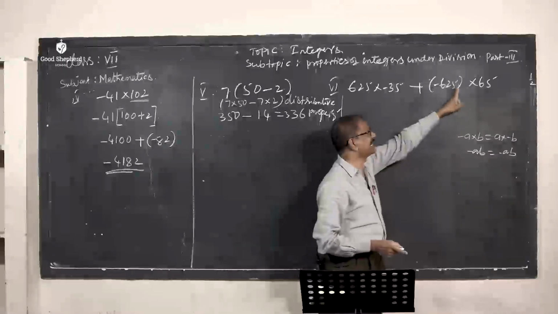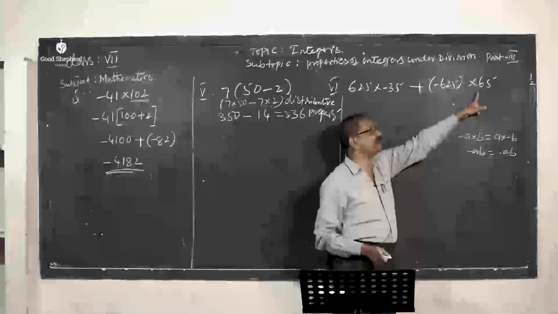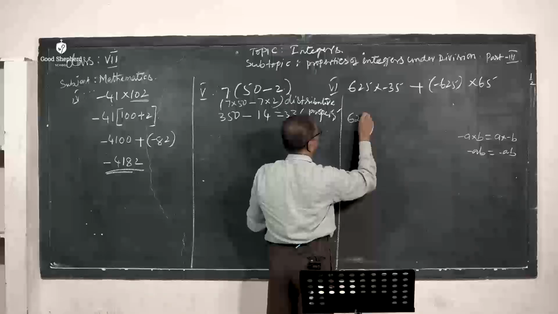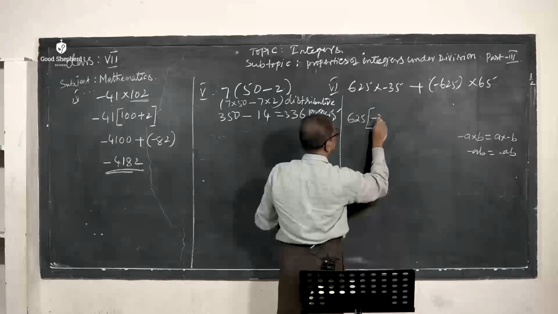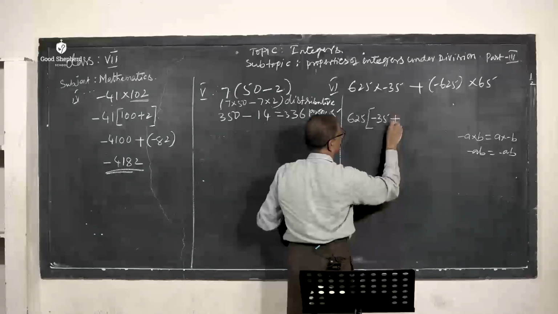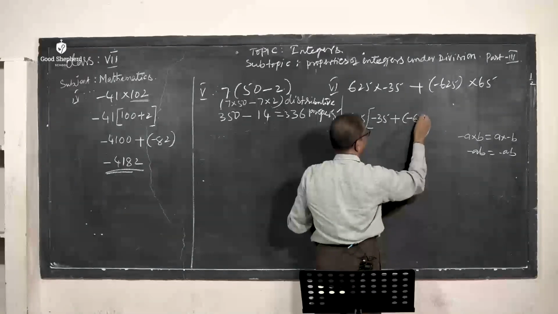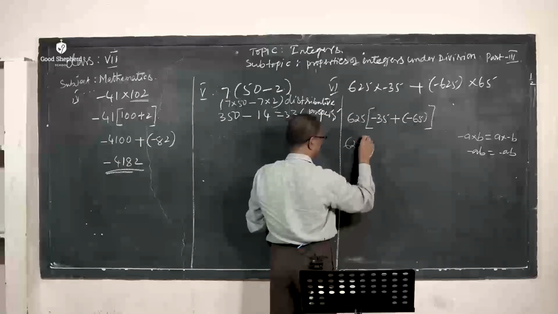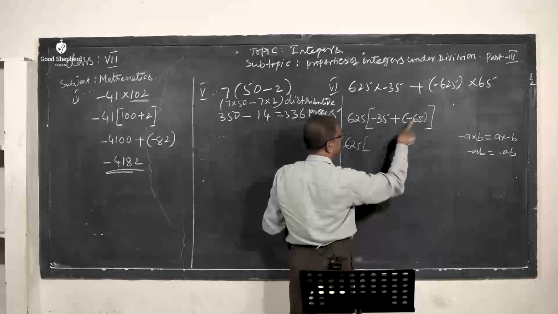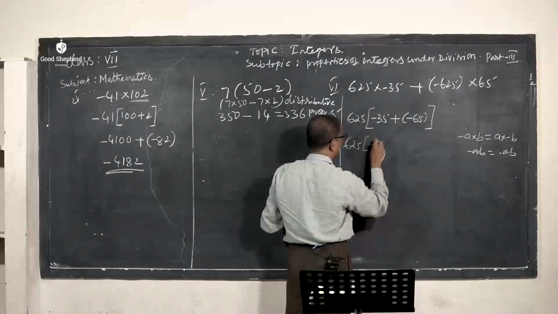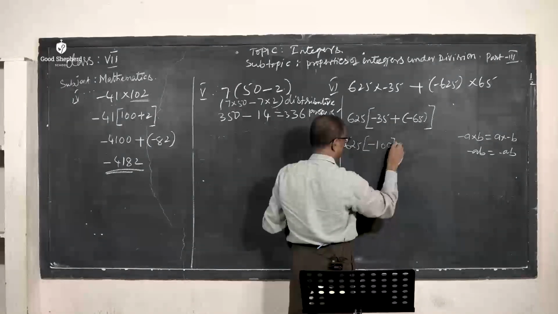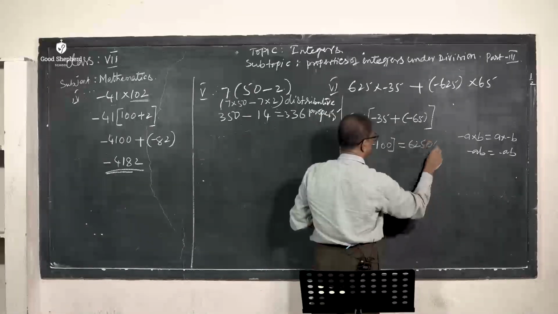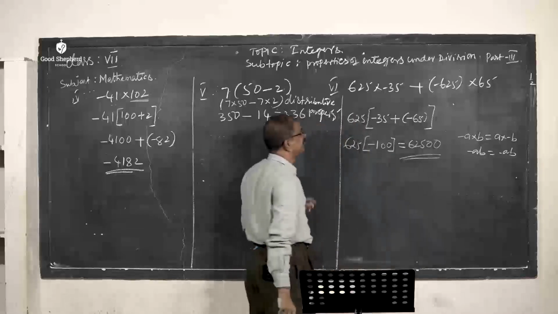Instead of minus here, I can take it to grouping, and I'll keep a minus 65. That is 625. If I take out this minus 35 and plus of it minus 65, I can write 625 into minus 35 minus 65, which becomes minus 100. The product becomes 62500. So the result is easy for me.